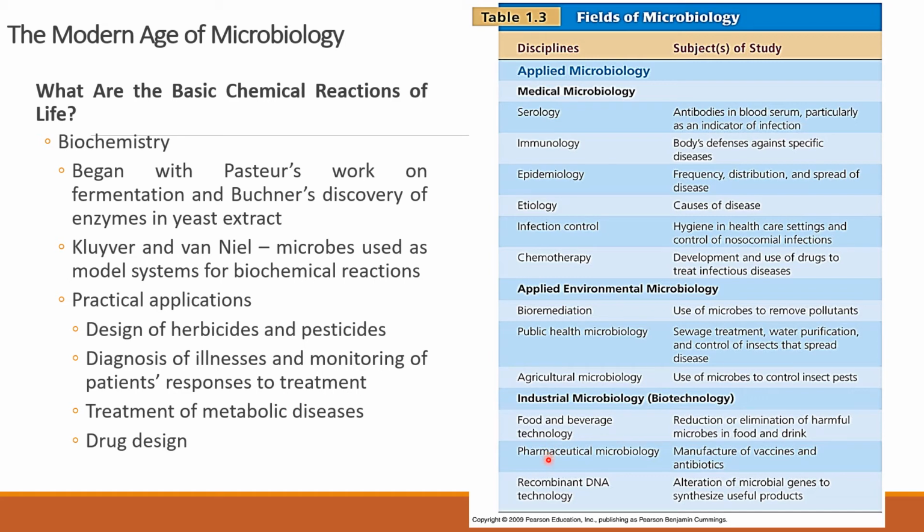Pharmaceutical microbiology is about production of antibiotics or vaccines and all. Recombinant DNA technology is about producing products useful to us or manipulating microbial genes and getting some vaccines and all such things. So here you can see some basic important things about